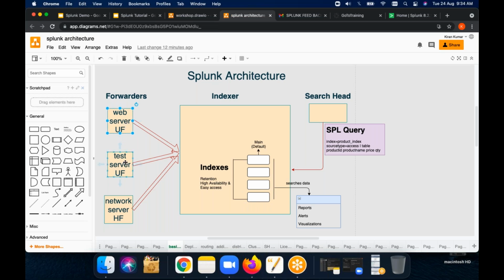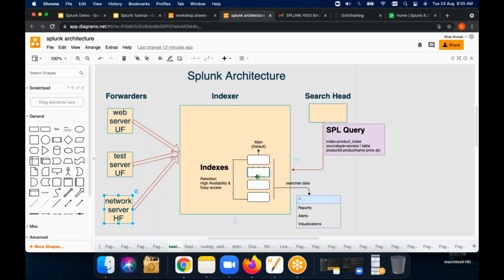Testing server data, this is also okay. Already tested data will be there. This is also good for 3 months. But network server data, we cannot predict the data. There will be so many kinds of errors which we cannot predict. So this should be there for at least 6 months. Like that we can have our own retention periods, and it is easy, right?